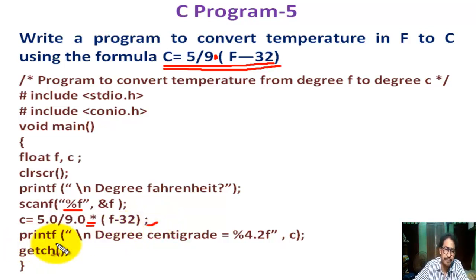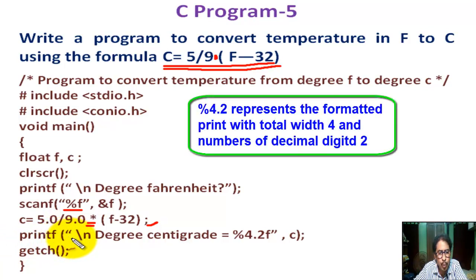Okay, now the output: printf within bracket, within quotation slash n degree centigrade equal to percentage 4.2f quotation end comma C bracket end semicolon.